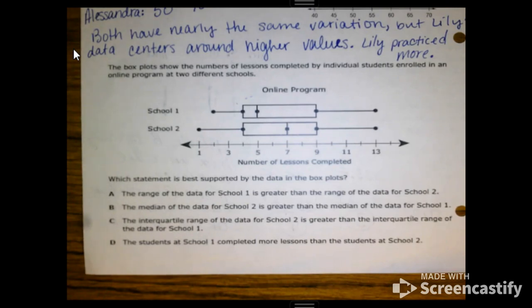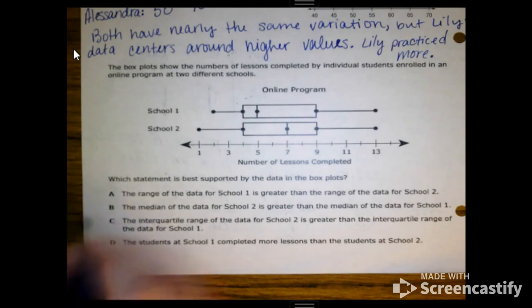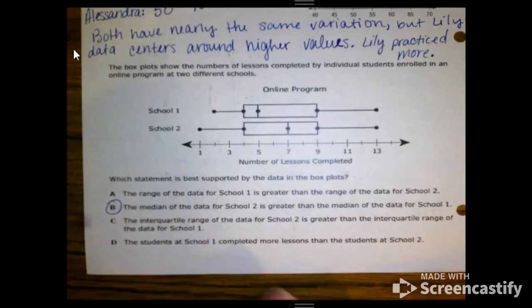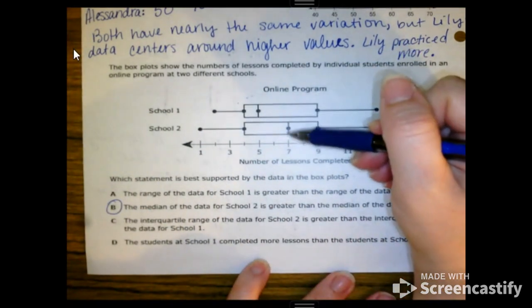Okay, so we're talking about that. Trey, you got an answer? Anybody get anything besides B? All right, B is correct. The median of the data for school 2, school 2's median was